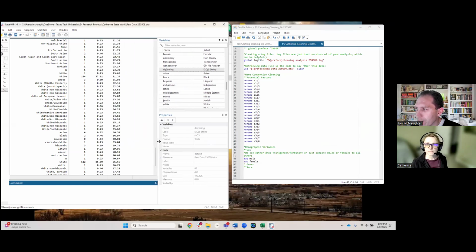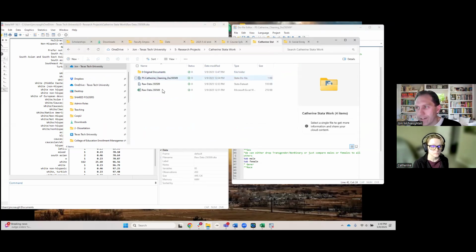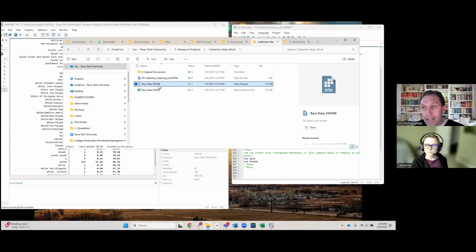Basically, what I've done is in this folder, I put all of your original documents, and then I created a cleaning do file. This is where we clean the data, and then we will create an analysis do file. The reason that we separate them is the cleaning do file allows you to clean the data and then save it as a clean data set. So all the stuff you were doing in Excel, it's going to do. And then if you ever need to make changes, you just go in and change the code and it cleans the data and you have a new clean data set. Fantastic. The other thing that I did is I made a new raw data set